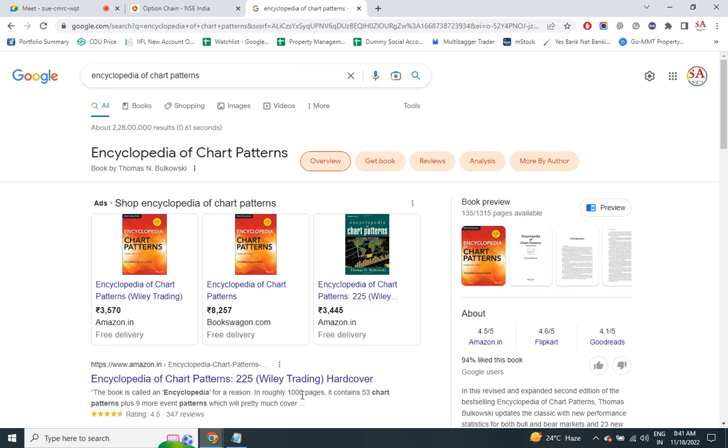Got the point? That is what I am trying to say. If you are learning all the chart patterns, you will totally get confused because half of the patterns will tell you to buy, half of the patterns will tell you to sell. You will become mental. So I've seen people, they are trying to read everything in technical analysis. That is bad.